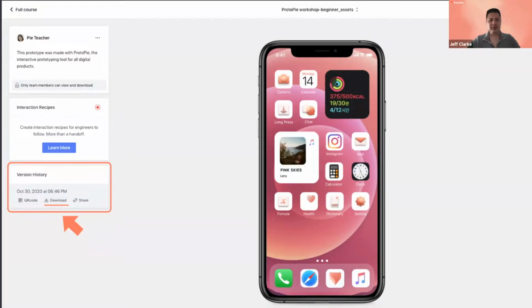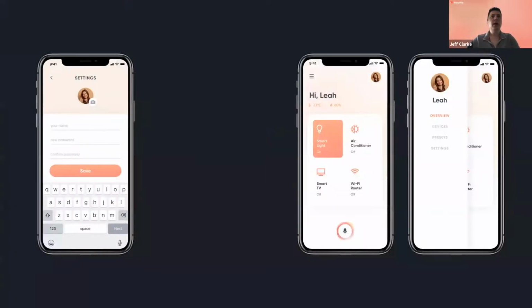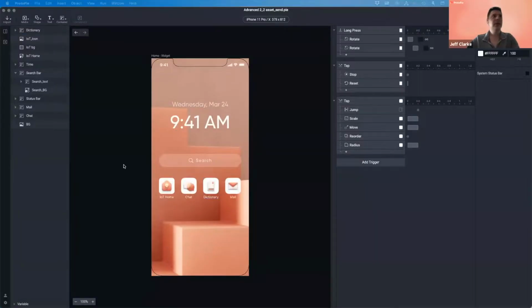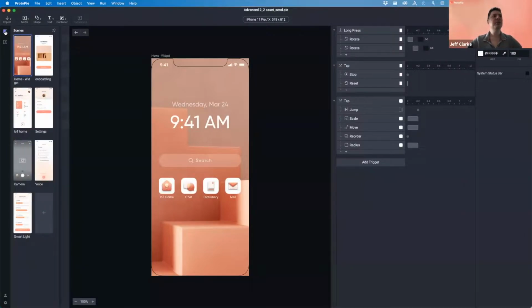Everybody's done. Okay, excellent. So from here, then, we are going to jump into ProtoPie and start with our first demo. So the first one we're going to do is a very simple example of how to build a formula. If you've ever used Excel before and you've used formulas in Excel, this is going to look very familiar to you. If everybody can go to the camera scene,